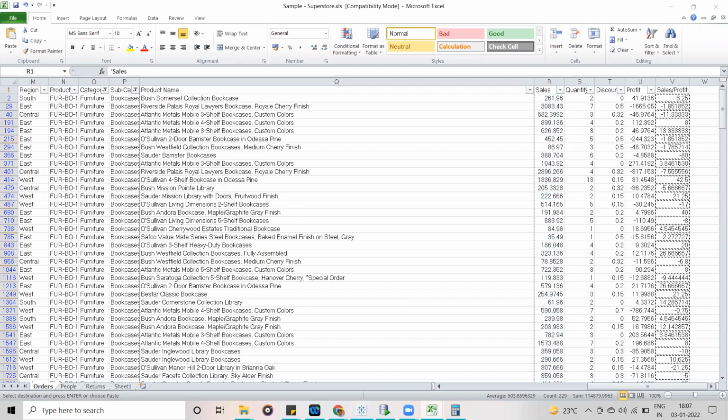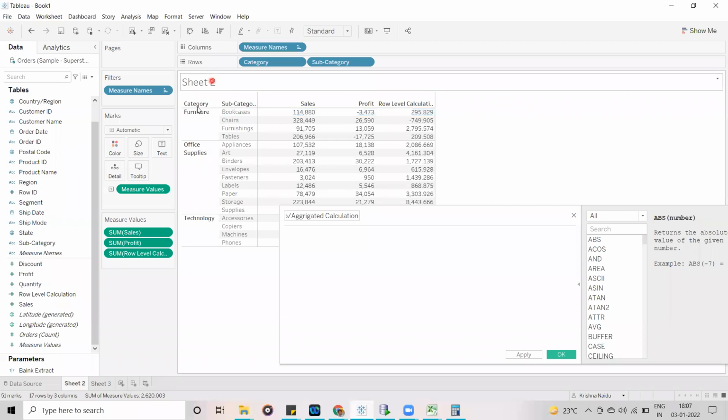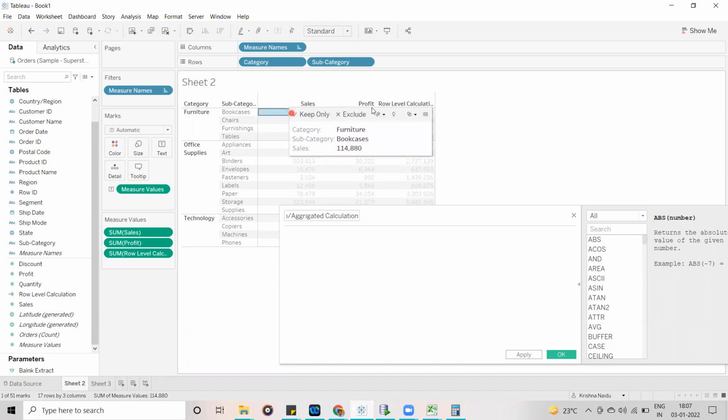We are using the data at the category and subcategory level. This is the granularity we are displaying in the visualization. So based on the dimensions we use in the visualization, the data is automatically aggregated. That's why we are getting only the total values for sales and profit under furniture bookcases.